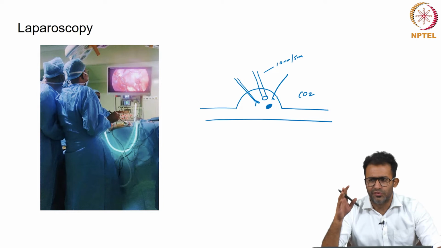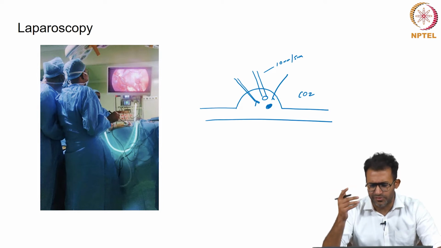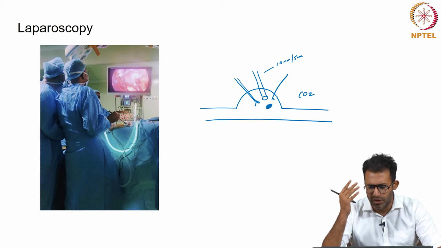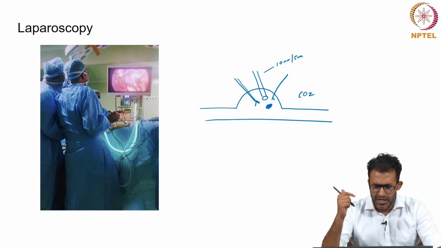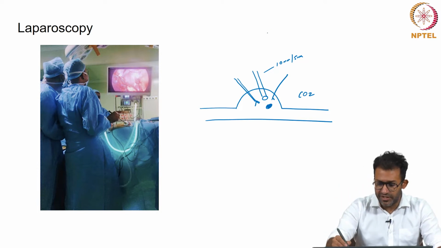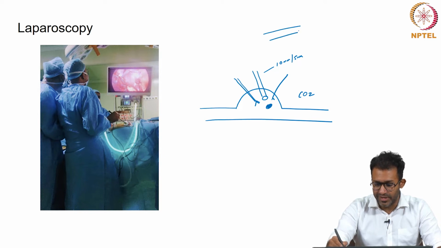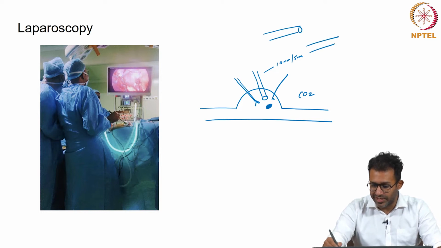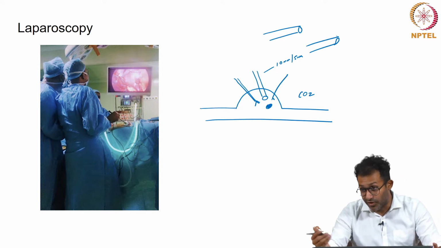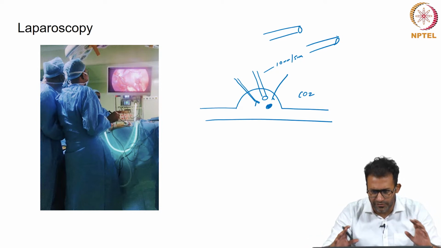There are a whole host of videos available on YouTube or any other platform, so you can watch them to understand what really happens in laparoscopy. There's a lot of physics and optics involved in laparoscopy. We have different types of cameras. There are 0-degree cameras, then we have 30-degree cameras, which allow for a greater degree of movement. There are 45-degree cameras. Each of them has their own different applications.